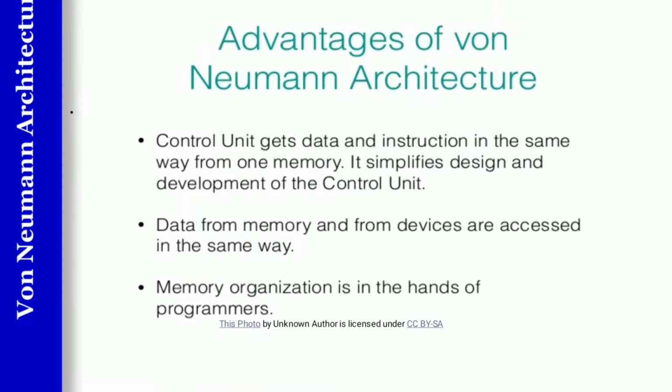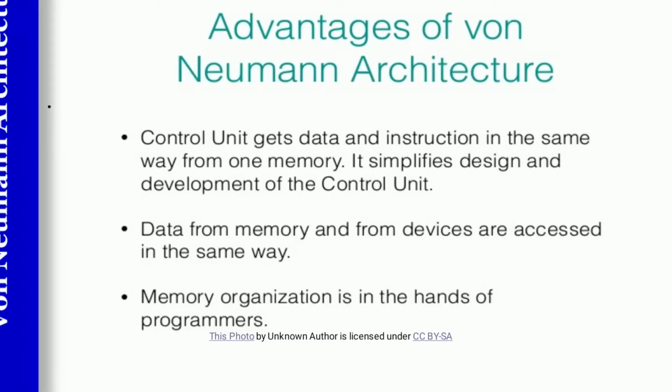Now I am going to talk about the advantages of Von Neumann architecture. Why is this architecture predominantly used by all the computer designers all over the world? It is prevalent, it prevails over all architectures. That means it became very famous and popular everywhere in the world. So all computer designers and manufacturers are following Von Neumann architecture because it has so many advantages.